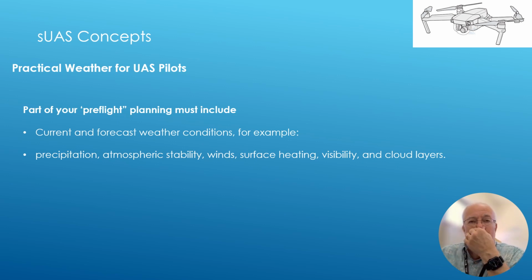The FAA requires us to do a pre-flight inspection, and that includes obtaining all available information, which includes weather. If you take off and there's so much wind that it blows your drone across the road and it hits a moving vehicle, you can't say, I couldn't control it, the wind was too strong. No, it's your fault for not checking the weather and making sure that you could perform the operation safely. You are pilot in command, which implies responsibility for everything that happens, including your failure to check to see if the wind was going to be too strong.